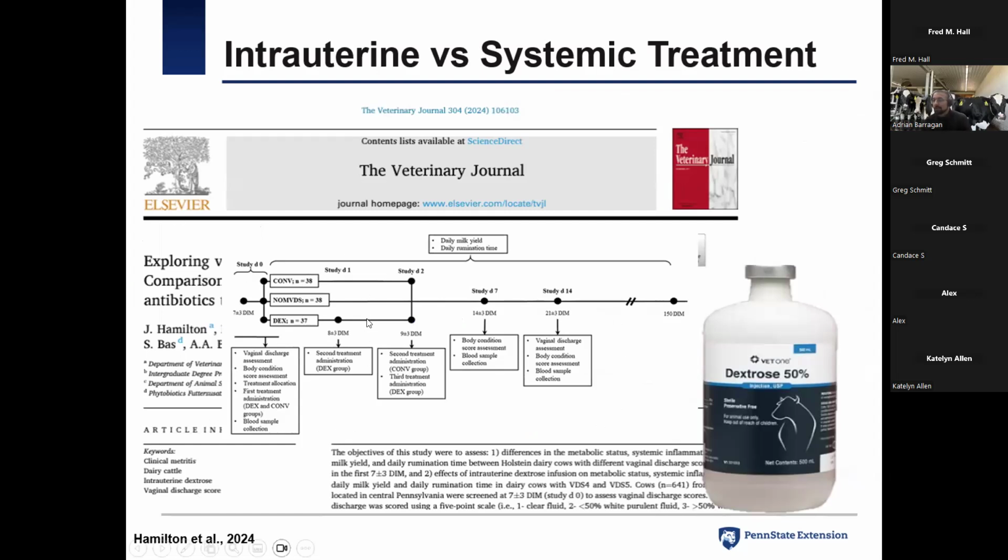You can see that the conventional treatment was antibiotic, the cows without metritis, and we have cows that were treated with intrauterine dextrose. That was our local intrauterine treatment. We basically did 3 treatments with dextrose, 1 liter daily. So the diagnostic day for treatment, the day after, and the second day after, so 3 days of treatment. And the Septifor was actually 2 treatments separated by 72 hours.